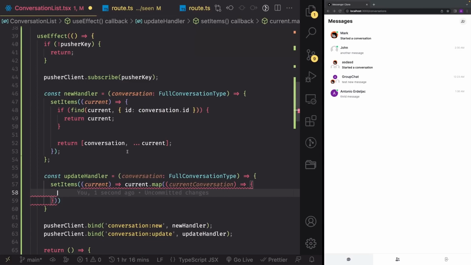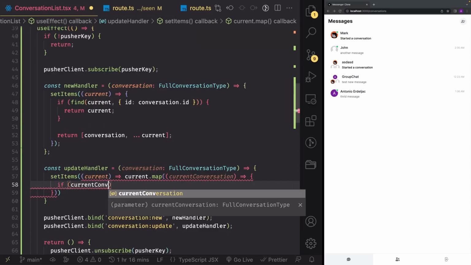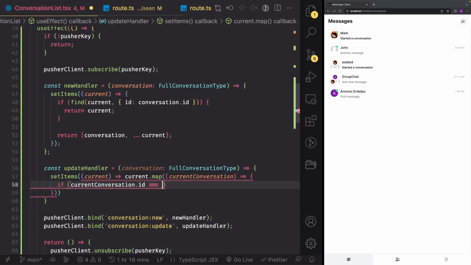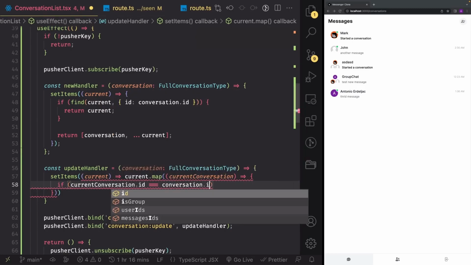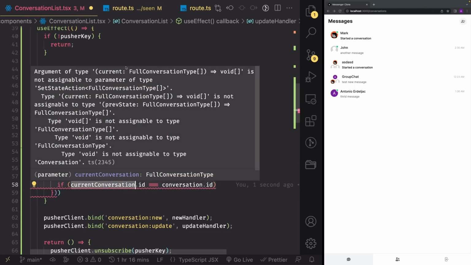Like this. And inside, let's do a comparison to find the one we want to update. So if current conversation.id is equal to conversation.id. So this is the new conversation that came from the pusher, and this is the one from the current list,